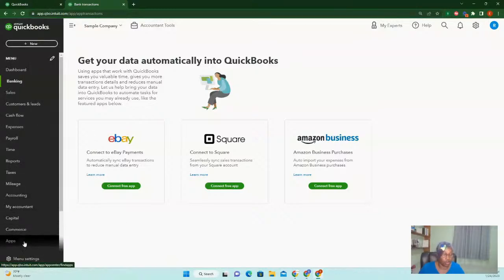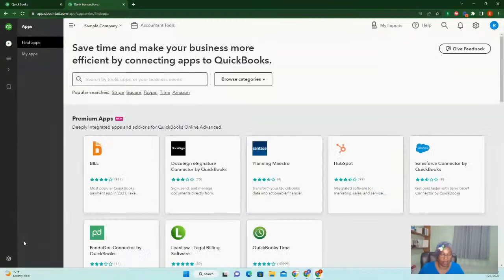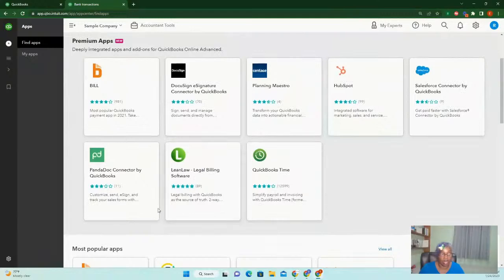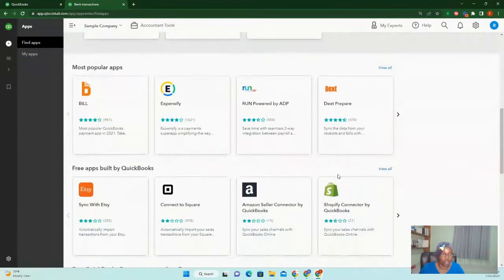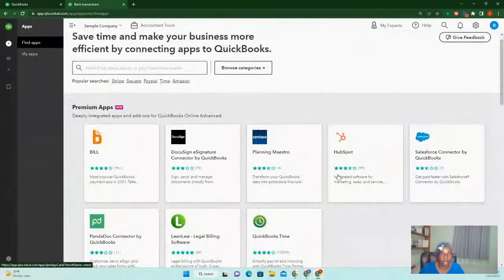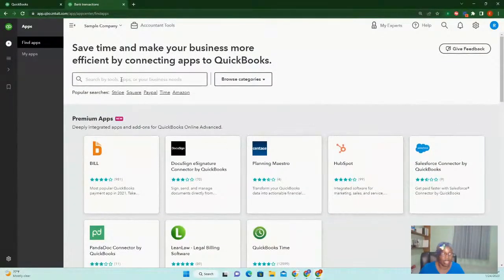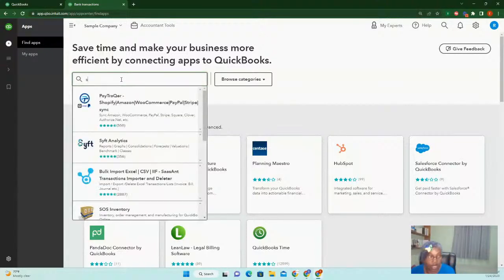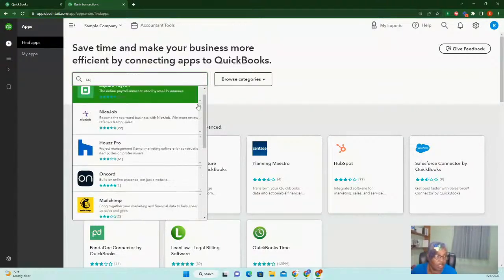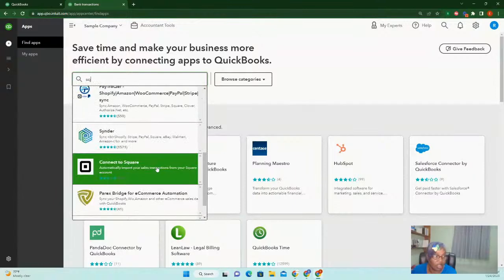So we're going to go to the apps on the left navigation bar, and it shows you at the top. It pulls up, there are several, and there's a whole list of apps that integrate with QuickBooks. Now let's look for, I think you can also find Square. Actually, here it is. So you can just click on Square,